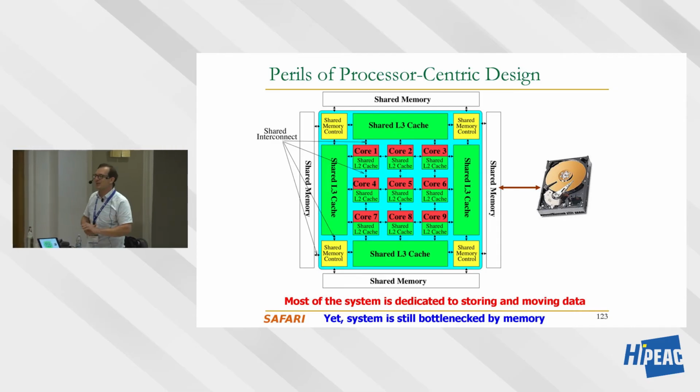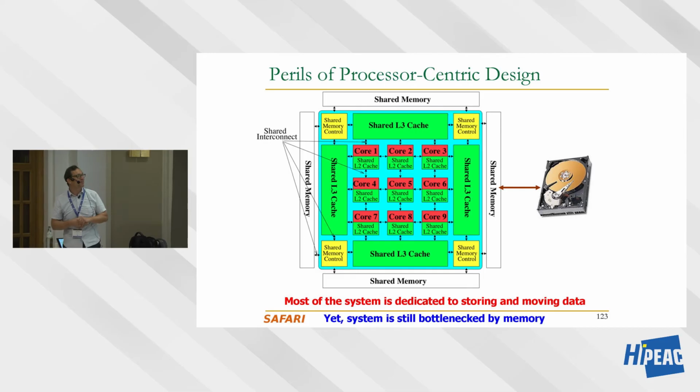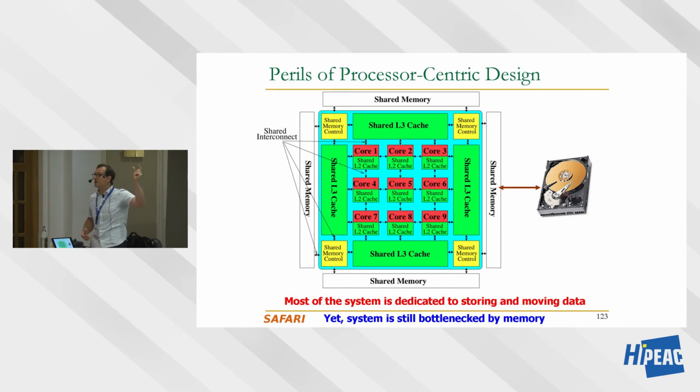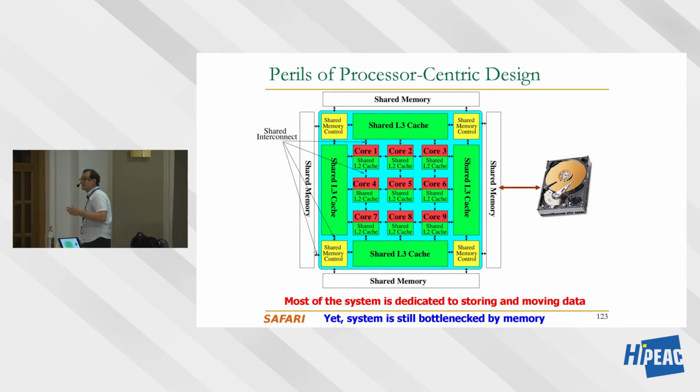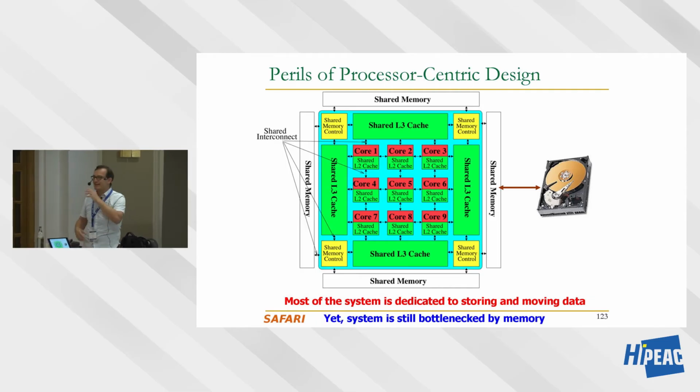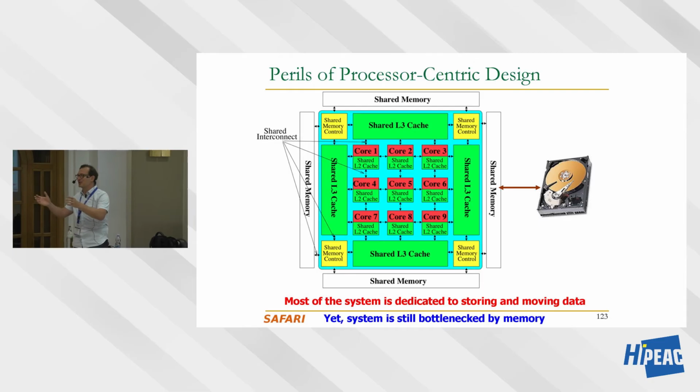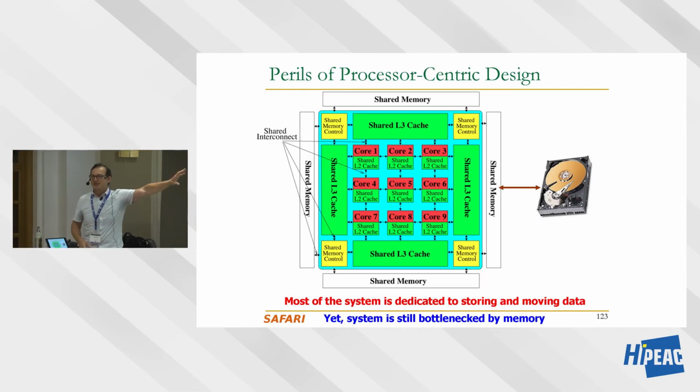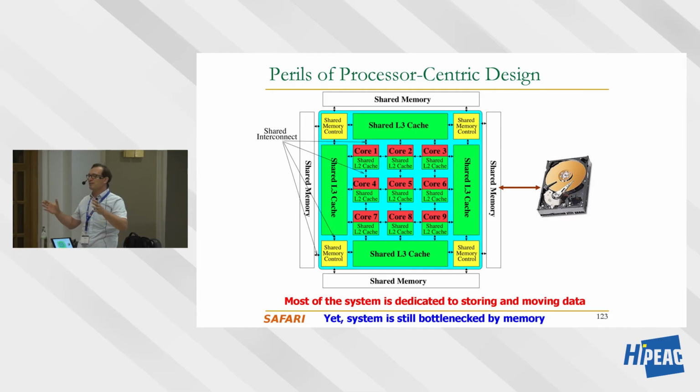If you took the 2013 incarnation of this course, you could actually see some of that work, and maybe in 2018 as well. But if you look at this system, most of the real estate is really dedicated to the memory hierarchy, right? Storing and moving data. Computation is a very small part of it. If you actually do the calculation, more than 95% of the hardware real estate of a single node is dedicated to memory hierarchy. Okay, now let's take a step back. Assume that you're a 10-year-old kid, and I show you this picture. I have this system that I designed. 95% of my resources are dedicated to memory and storage. What do you think is the bottleneck?